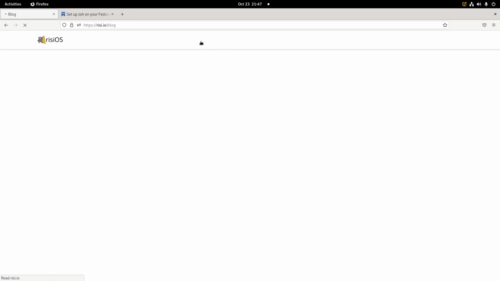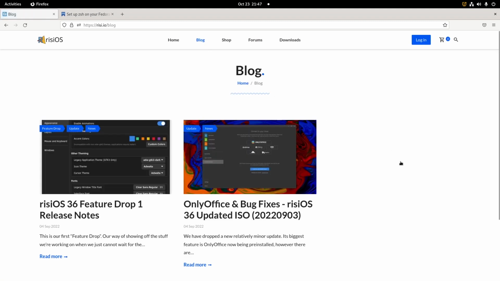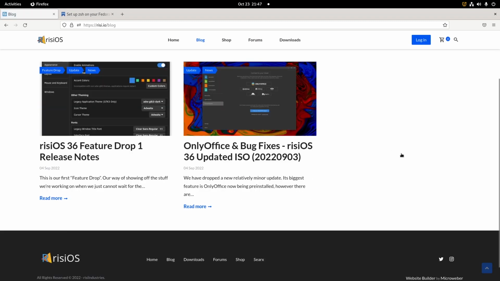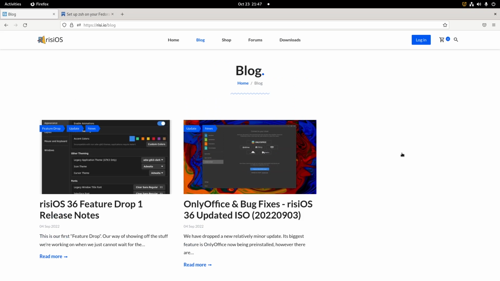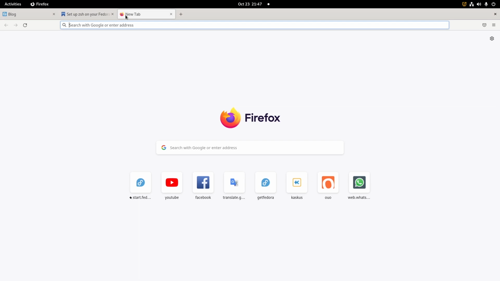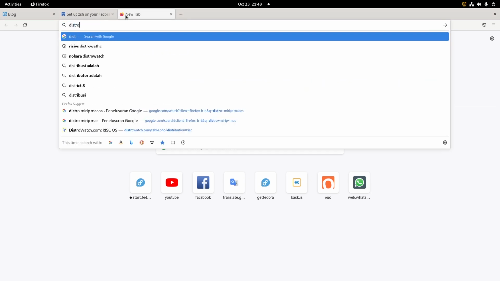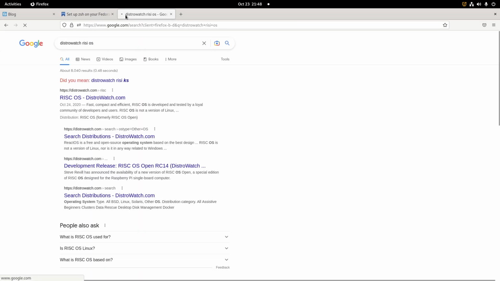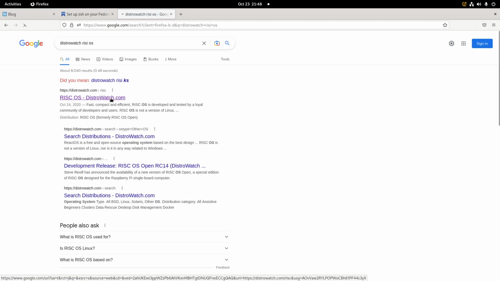I will go to the blog menu. I think RisiOS is still new, but I don't know. I will check it in DistroWatch. DistroWatch RisiOS. Let's check it in DistroWatch.